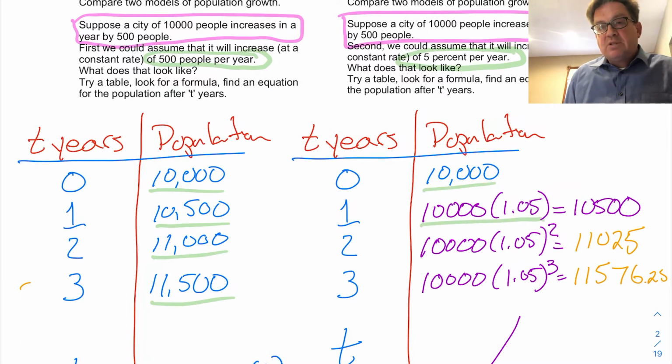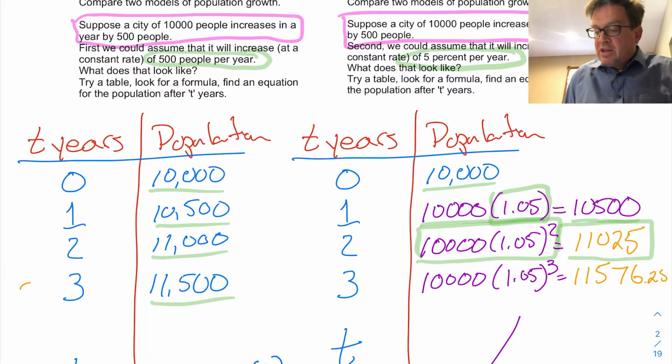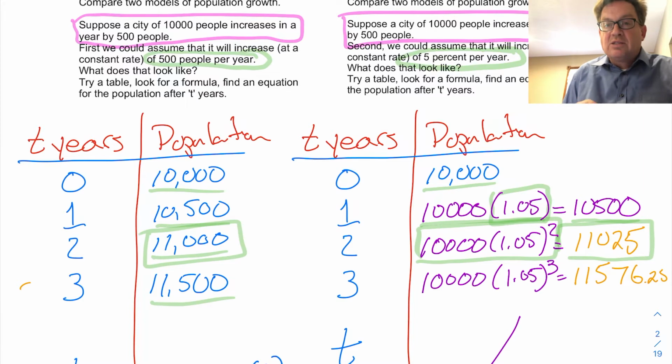And to increase by 5%, we've talked about the key is you have a growth factor of 1.05. 100% plus 5% is 105%, 1.05. And so after that first year, in this case, you match the linear case, you've also increased by 500 people. The difference is the second year, when you multiply again by 1.05, you get the initial amount times 1.05 squared. Now you've got 25 extra people here, 11,025 compared to just 11,000 in the linear case, because those extra 500